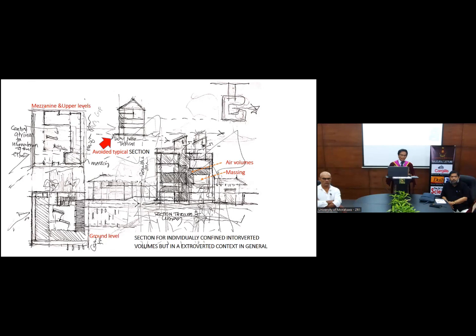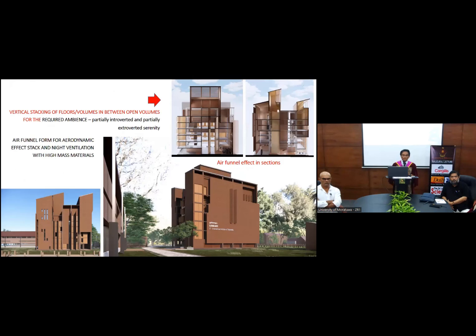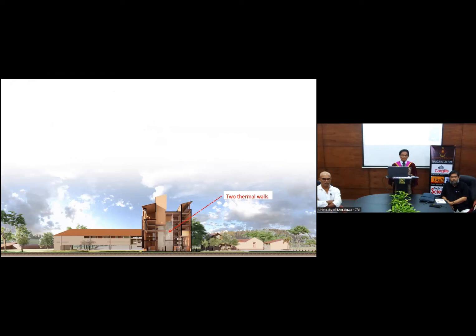westerly sun. And then climate factor came into this and arranged the internal volumes to promote more stack flow across the building from bottom to up. And we avoided the typical section as shown in that arrow. So this is a library. It's an air funnel mode. It's an air funnel, and air funnel works in this section, for example.